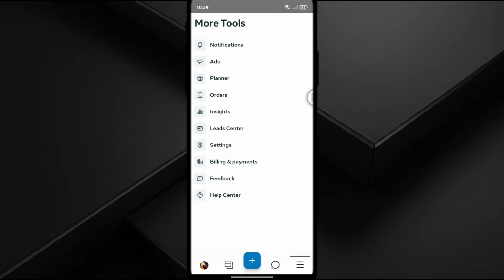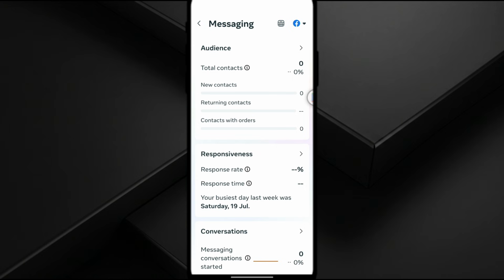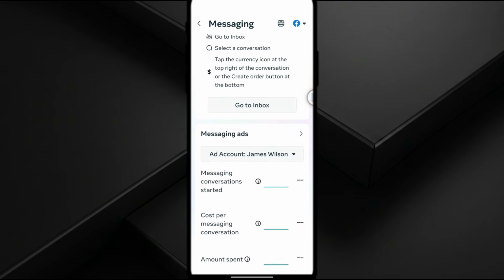If you manage more than one business, use the Business selector at the top of the screen to switch between accounts. That's how you can access and manage Facebook Business Manager on your mobile phone using the Meta Business Suite